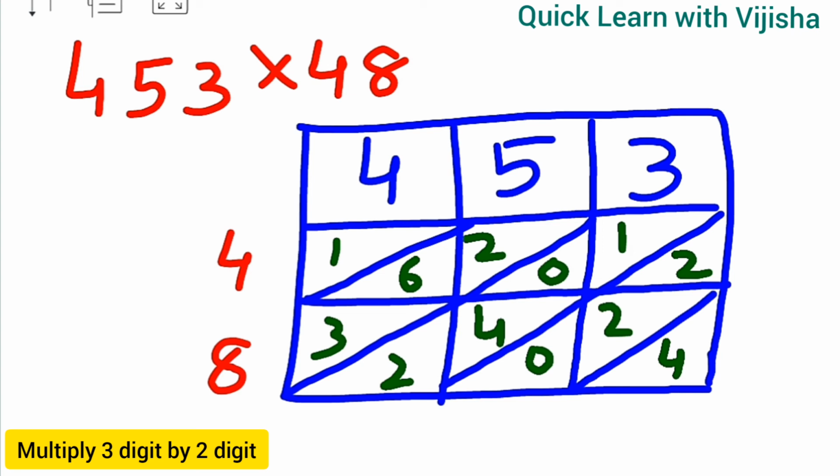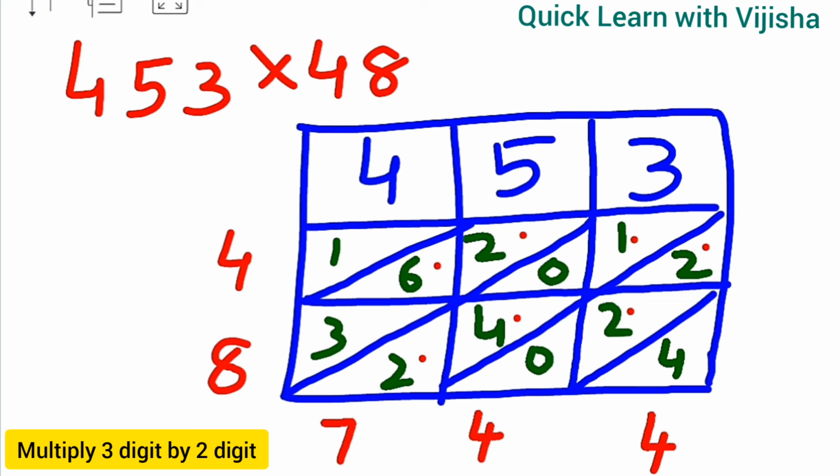We have to take all the margins together. Here only single number is there. Here we need to add 2 and 2. So if we add, we'll get 4. Here 1 plus 4 becomes 5. 5 plus 2 will give you the value as 7. Understanding, children? Coming for next, 2 plus 6.